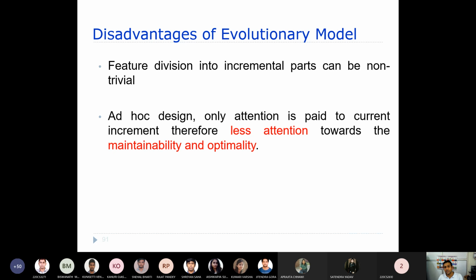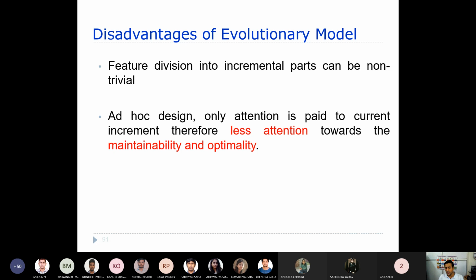If it is a very small project, it is very difficult. But if it is a very large project, sometimes you will be able to understand. Usually the core modules are the ones which have no dependency on any other modules, but the non-core modules are dependent.